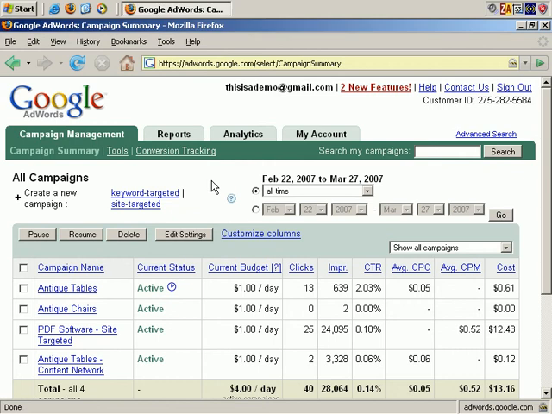In this video, we'll discuss Google AdWords conversion tracking. Conversion tracking is actually a very simple but very powerful feature. I'll introduce you to that area of the site in just a moment, but before we go there, it's worth